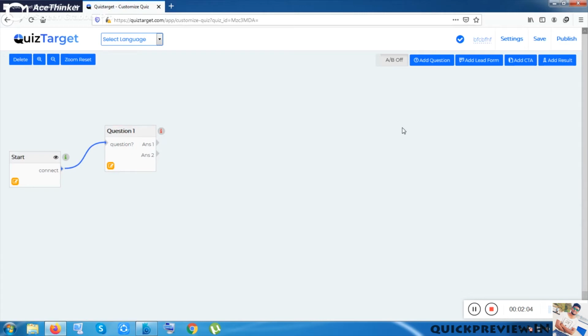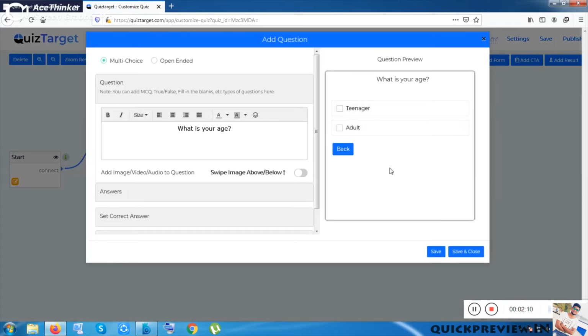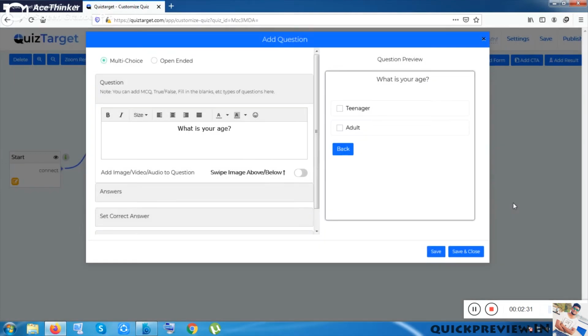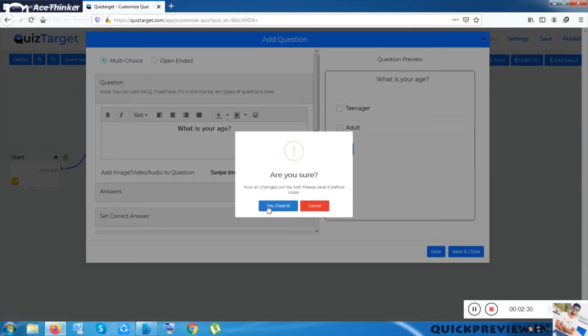Okay, so before publishing, let me show you that you can easily decorate any of the quizzes by clicking these buttons. After clicking this preview section, you can put in your question, like what is your age, and your image here. You can upload your image, or you can make it more premium, more crafty. Okay, and you can save it. It is very easy to make the quiz good looking, and also to save your time.